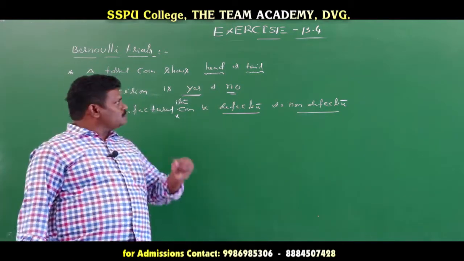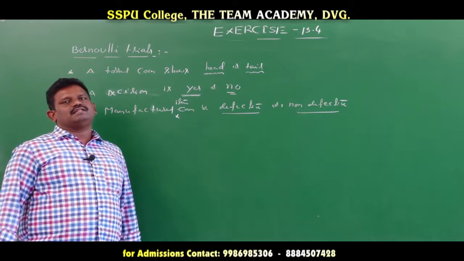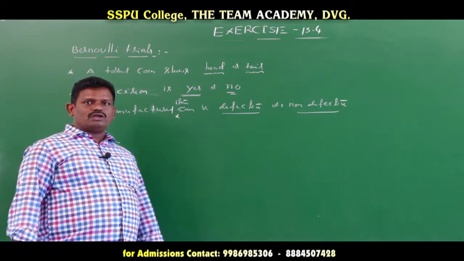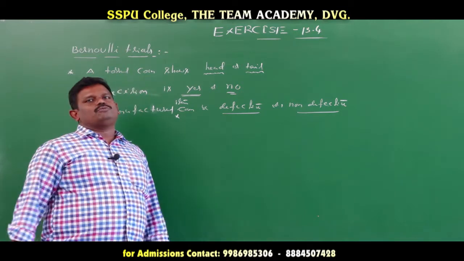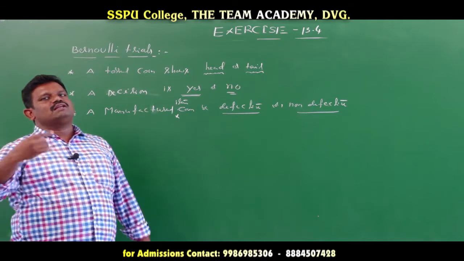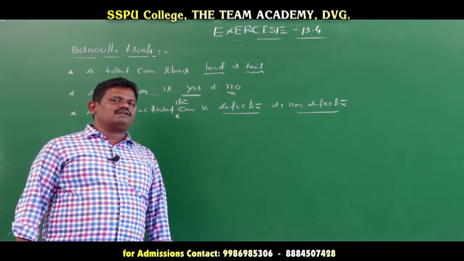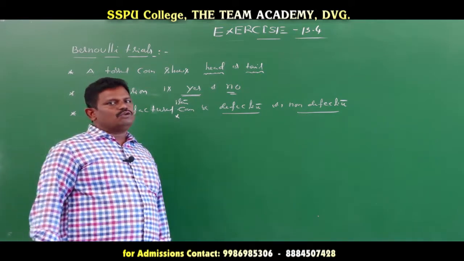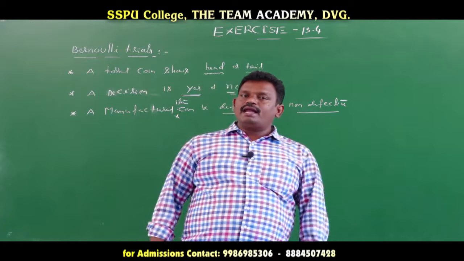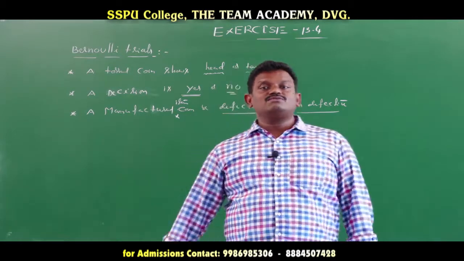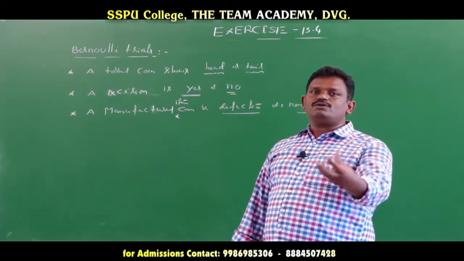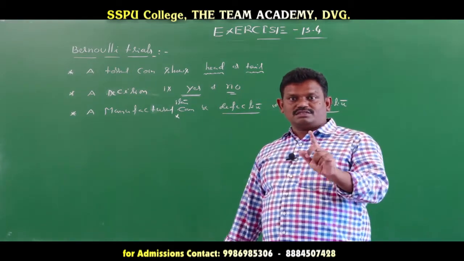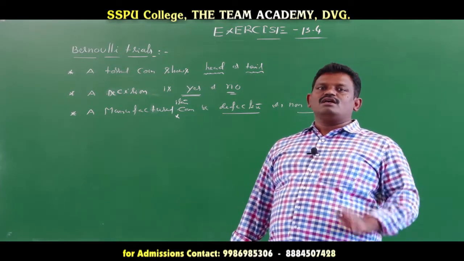Any trial we consider has two outcomes: head, tail, yes, no, or defective, non-defective. These are such that if one is the success, the other one is the failure. Suppose for example we toss the coin and get head or tail; suppose we consider head as the success, then automatically tail is the failure case. Defective is the success, non-defective is the failure case, no is the success, yes is the failure case. Okay? Success or failure.